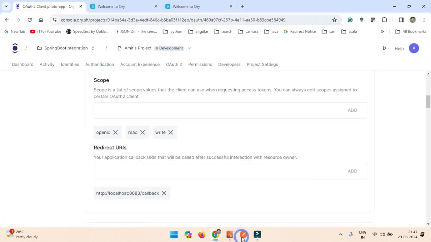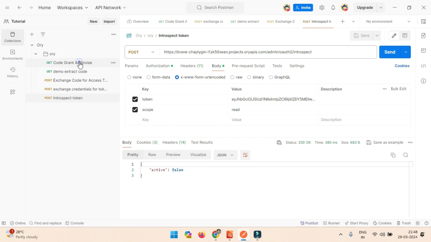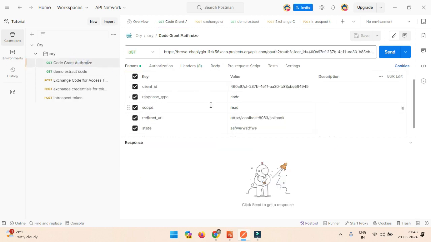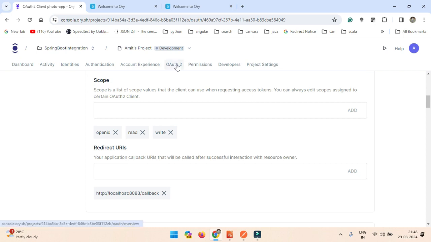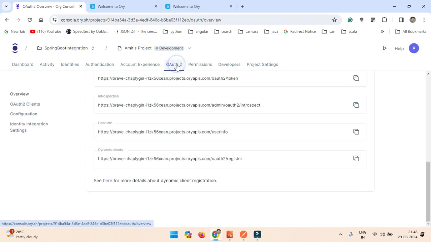So now let me perform these operations using Postman, meaning I will perform the OAuth2 flow using Postman. So first I will generate one code. For generating the code we need this URL, oauth2/auth, and where will you get this URL? On the Ory console. Let me go there, and you need to click on OAuth2,